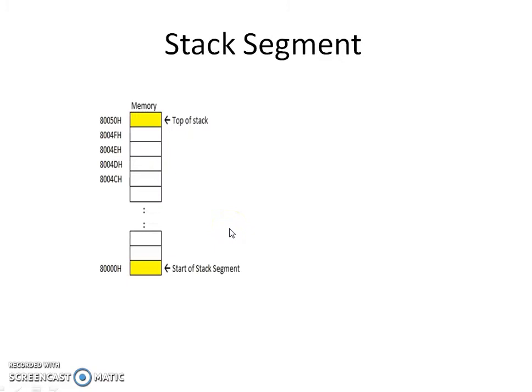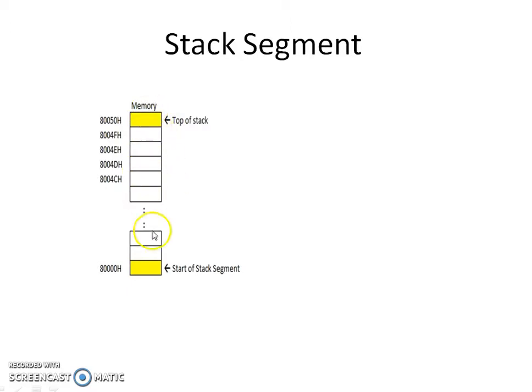And there are different types of operations you can perform on the stack. Coming to this, you declared 40 words of stack size. So that means it starts at location 80000 and ends at location 4FH. These are a total of 80 locations. 40 words means each word consists of 2 bytes, so 40 into 2 is 80 bytes. So here the stack segment ends, and the top of the stack must be initialized with the address next to the stack segment, and later whenever you do push or different operations on the stack, it will help you use the memory effectively.